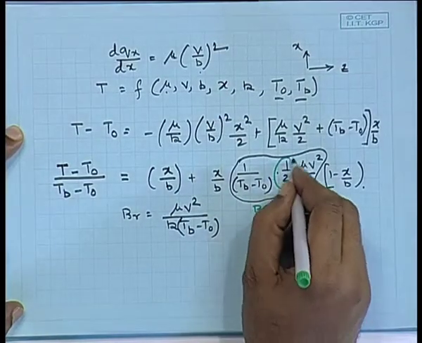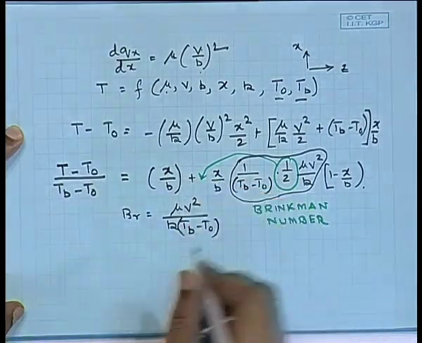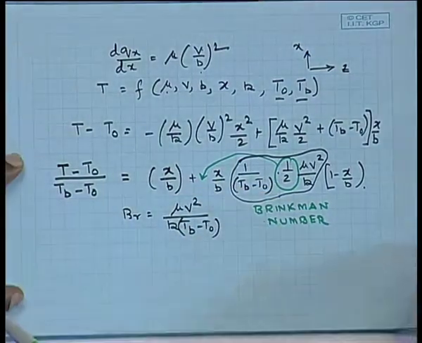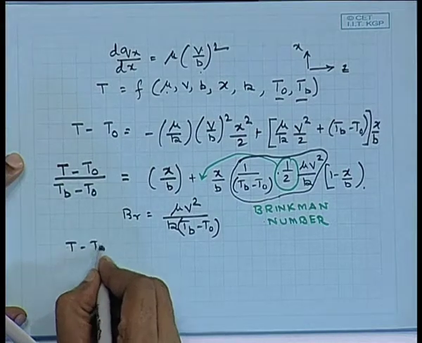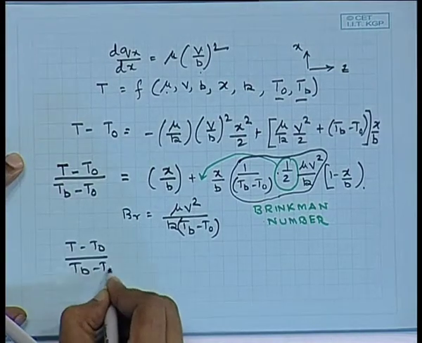Just keep this 1 by 2 outside, such that your T minus T0 by Tb minus T0 would simply be equal to